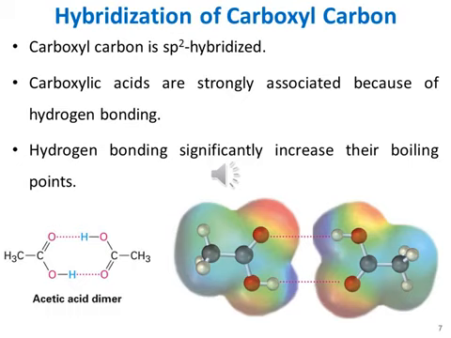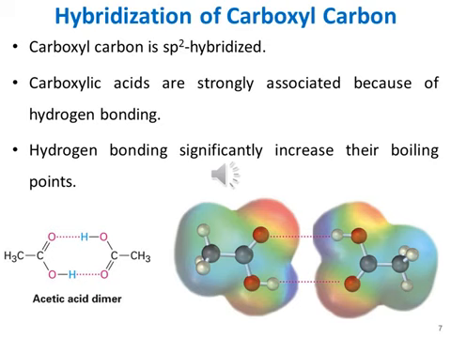When we compare the ethane with the acetic acid, since in the acetic acid extra hydrogen bonding is present, which is not present in the case of the ethane, the boiling point of the acetic acid is higher than that of the ethane. This is because of the hydrogen bonding that is present in the case of acetic acid and is not present in the case of the ethane. So remember that the hydrogen bonding that is present between the hydroxyl hydrogen and the carbonyl oxygen of carboxylic acid